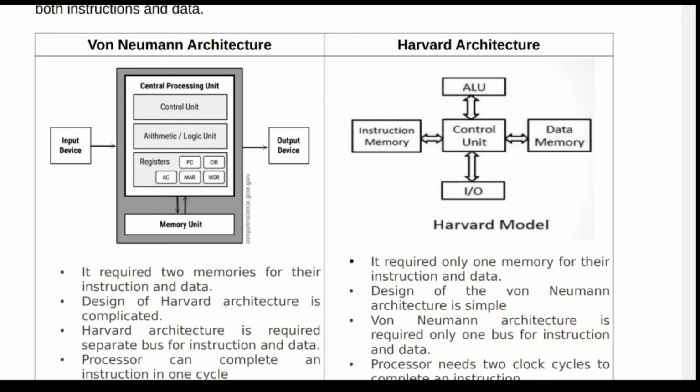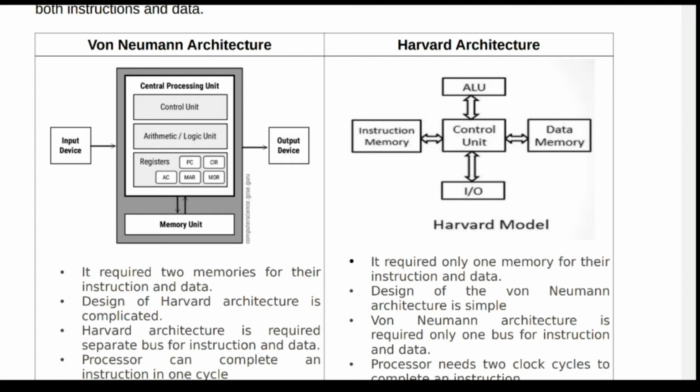So this is a block diagram of Harvard and von Neumann architecture. Here we are seeing, right, we have only one memory unit. You have input device and output device in von Neumann architecture. But if you see this Harvard architecture block diagram, we have an instruction memory, data memory and control unit. These are the two different memory blocks, and we have two different paths for the instruction memory and data memory. If we need to do an instruction operation, we can independently do it with the instruction memory only. We don't need to depend upon the data memory path. If we need to do a data memory operation, we can independently do it. We don't need to depend upon instruction memory.